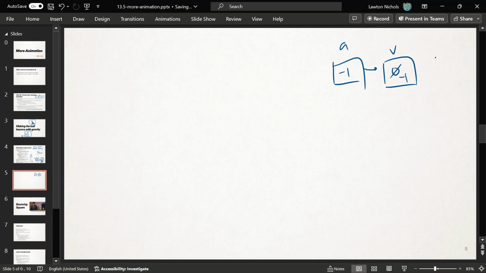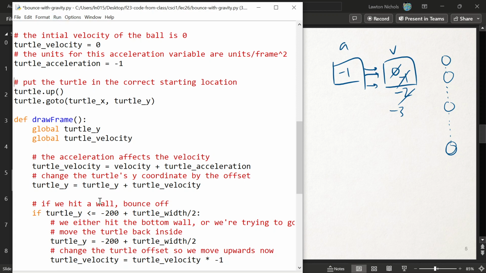So the velocity starts at -1, so the ball moves a tiny bit in that one frame. And then the next frame, we have the acceleration affect the velocity again. So now the velocity is -2. Does that make sense? And so it's -2 units, so the ball is moving twice as far in this frame. That's going to make it speed up if you animate it like this. Then you have it affect it for the next frame. That'll make it move 3 units this time. So it's moving a little bit more every frame, and that will correspond to a speed up. Yeah? Speed up in the downward direction at least. That's the goal. So if I run this,